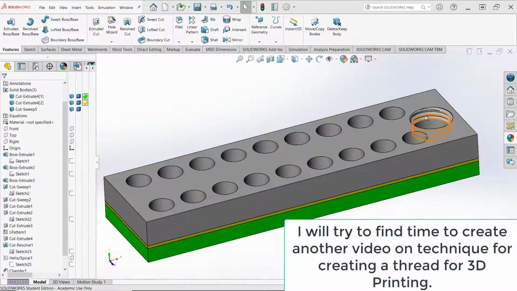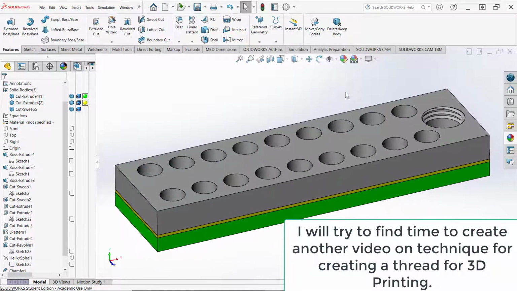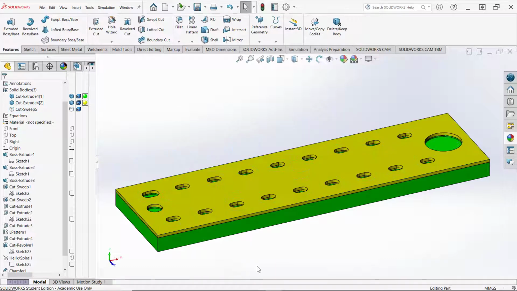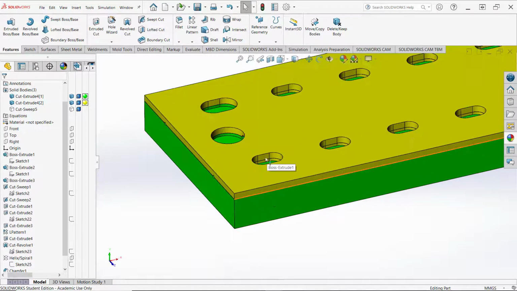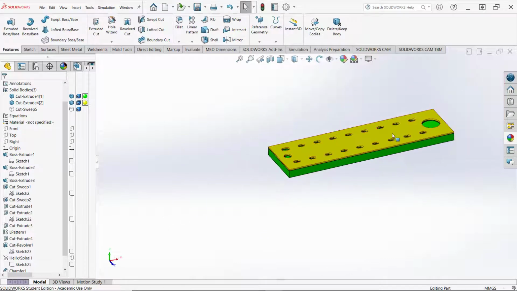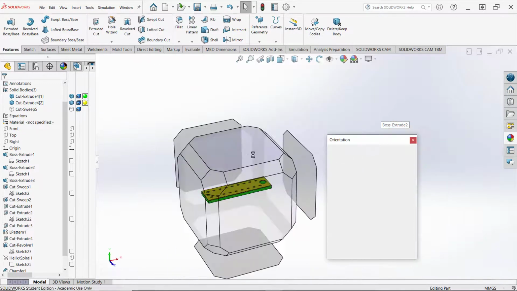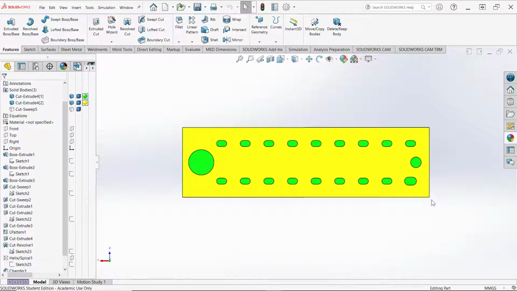So I really kind of messed up how I did this thread, and I'm going to come back at a later date and make a new video on the proper way of doing that thread. For now I'm going to turn off the visibility of that top part, and I want to put a hole here and a hole here, and there's a couple different ways we could do that. We could do that using the hole feature, or I can do it as a Revolve Cut. Just to show how to do it, I think I'm going to do it as a Revolve Cut, and so we'll